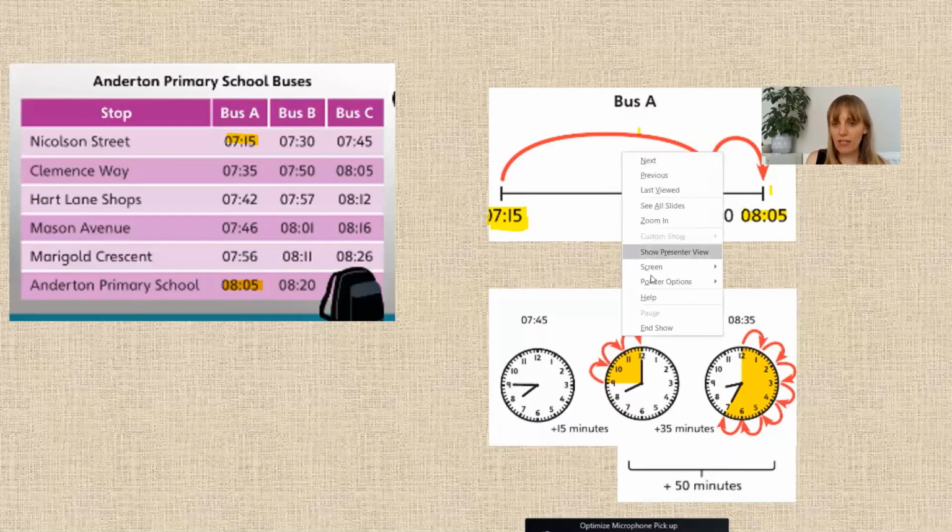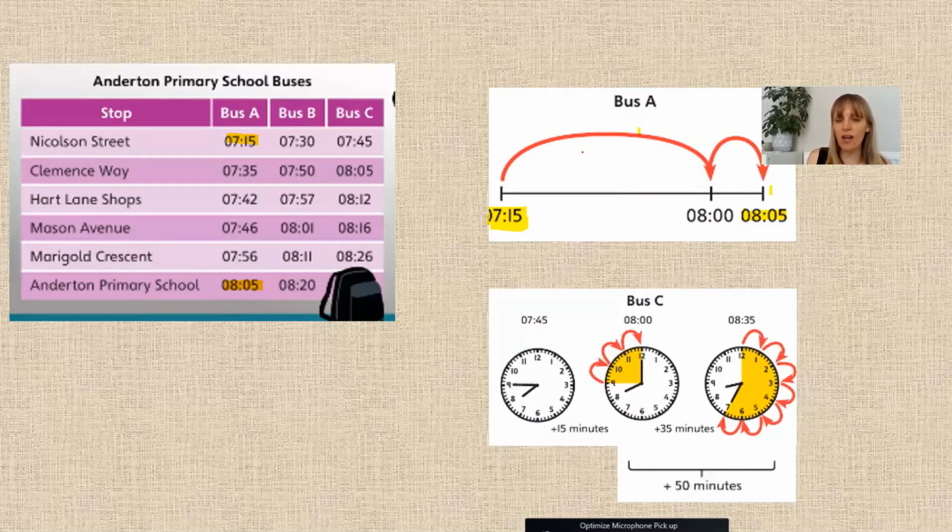Now, if I just change to my pen, here we go. So from 7:15 till 8 o'clock, I know that that's 45 minutes. So that means I've added 45 minutes here. If you're not sure about time with the digital, you can always use an analog clock. If you haven't got one on your wall, you can get one online, and you can count the 5-minute gaps to help you. And then from 8 o'clock to 8:05, I've added another 5 minutes. So in total, 45 add 5, it means that the bus takes 50 minutes to get from Nicholson Street to